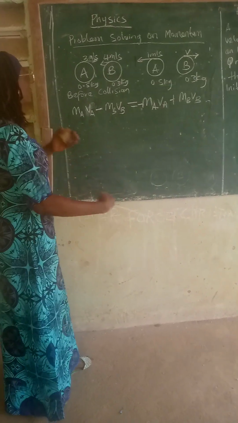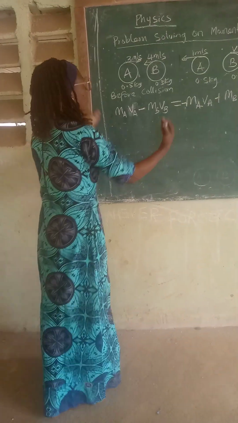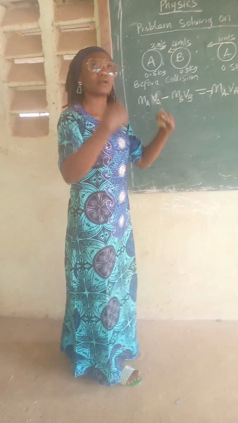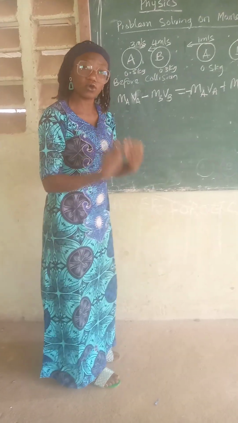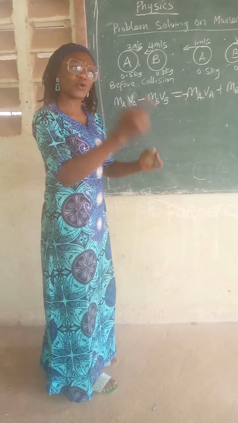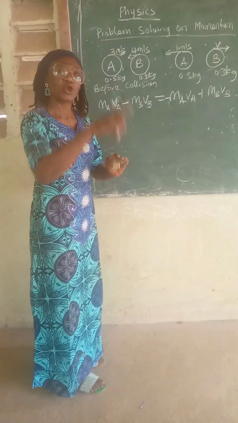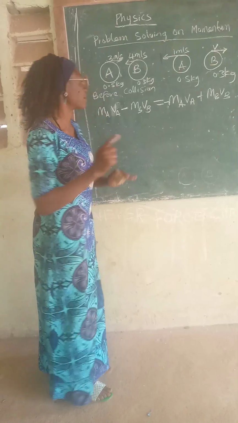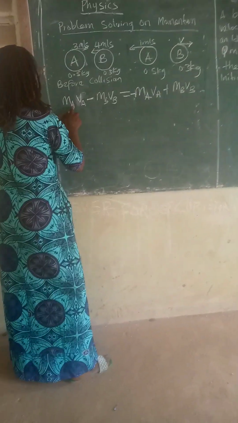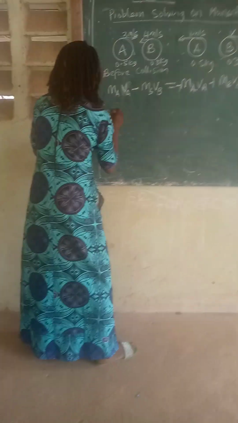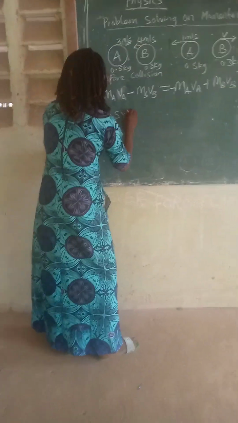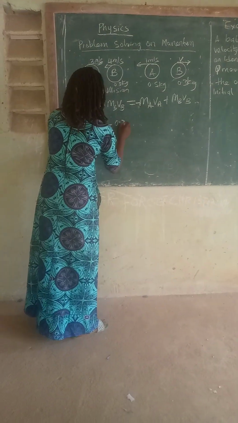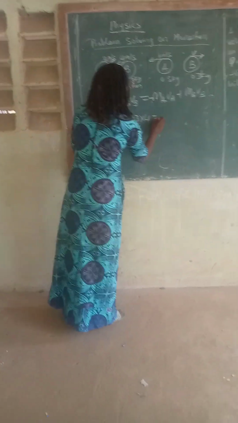So now let's substitute into the formula. The formula is the same: momentum before collision is equal to momentum after collision. But you have to take note, when you have opposite direction, you always put a negative sign. So now let's put our parameters. MA, we have 0.5 times 3, minus 0.3 times 4, is equal to